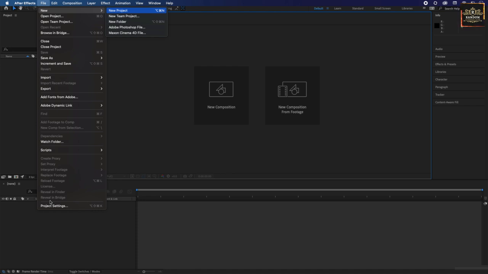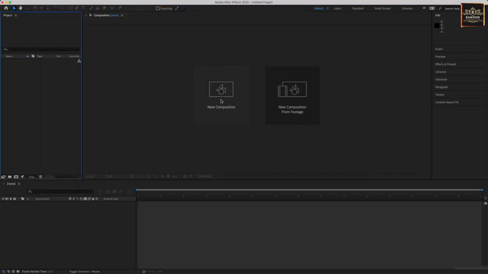So if you don't have Photoshop installed, just go to Creative Cloud, the Creative Cloud web, and install it there, okay? So the first thing I want to do is select New Project. So we're going to go to File, New, Project, and then what I want to do